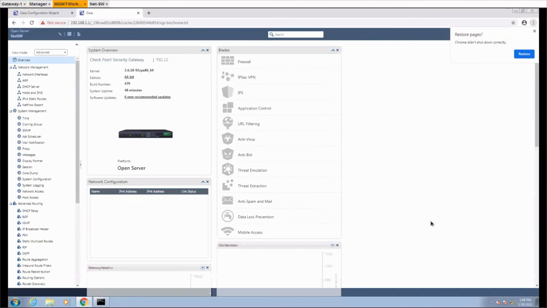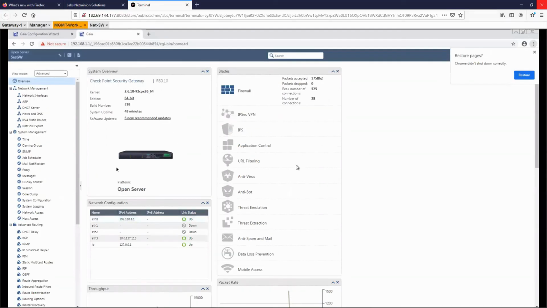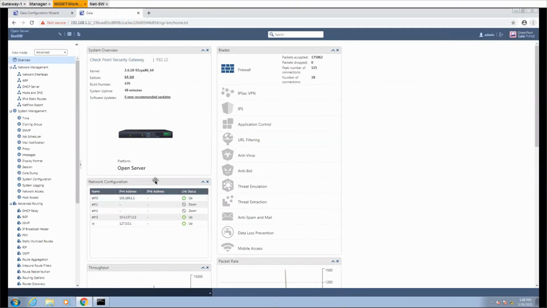Okay guys, here we didn't get any option to run the first time configuration wizard. This is because in this security gateway a gateway product is already installed, and that's why we are not getting any option to install the gateway.